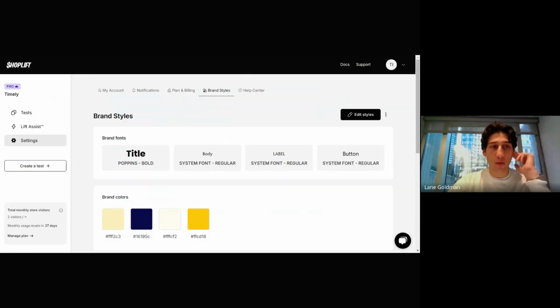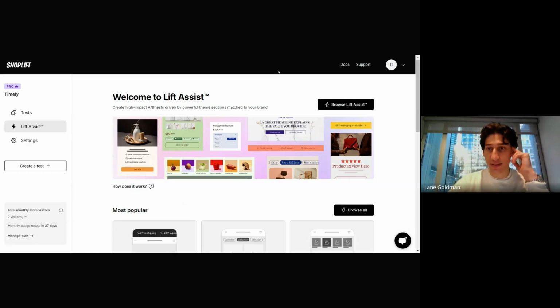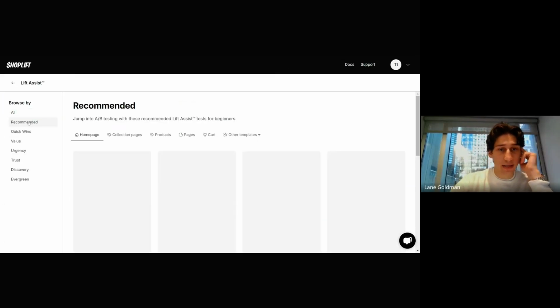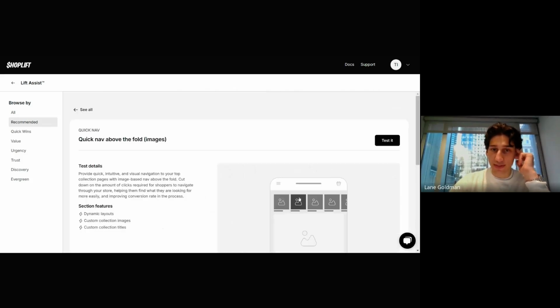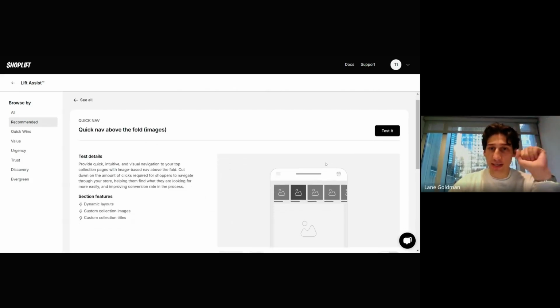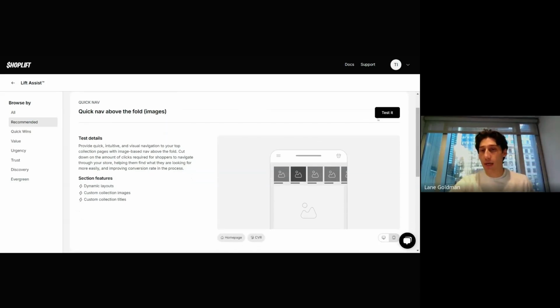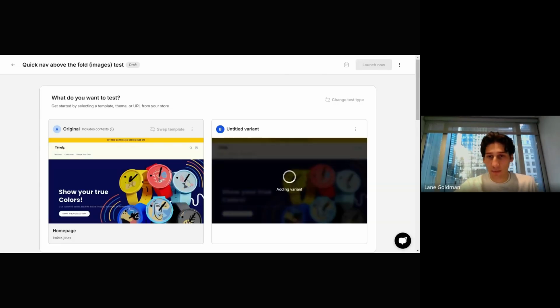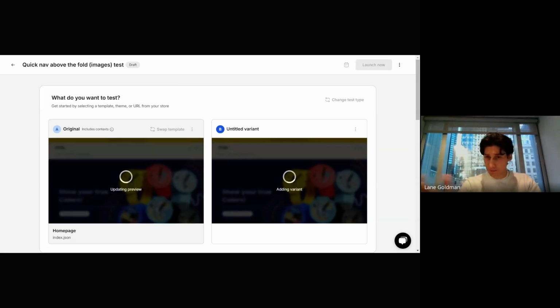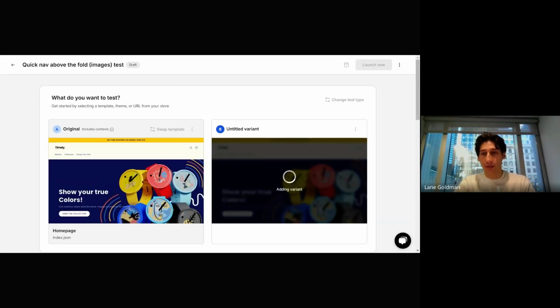But what that means is when I go in to set up a Lift Assist test, I'll just grab one of my recommended, keep this nice and easy. Let's take a look at this quick nav. This is really one of my favorites. It's kind of like that Instagram story style navigation that tends to work really well on mobile. So when I click test it, it's the exact same workflow that we were just looking at a second ago. It's going to be creating another duplicate template here for me. But now, instead of this being a pixel perfect one-to-one copy, you're still going to get all of the same pre-existing assets that you had on this original. But now when I go in to edit in Shopify, once this loads,